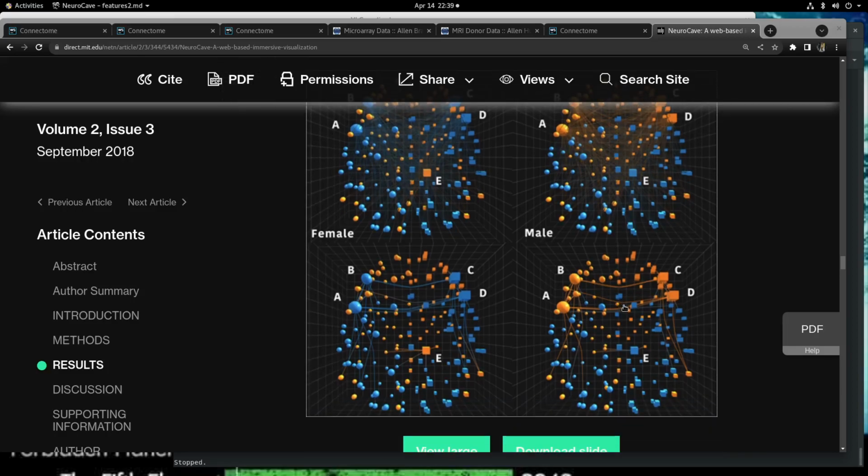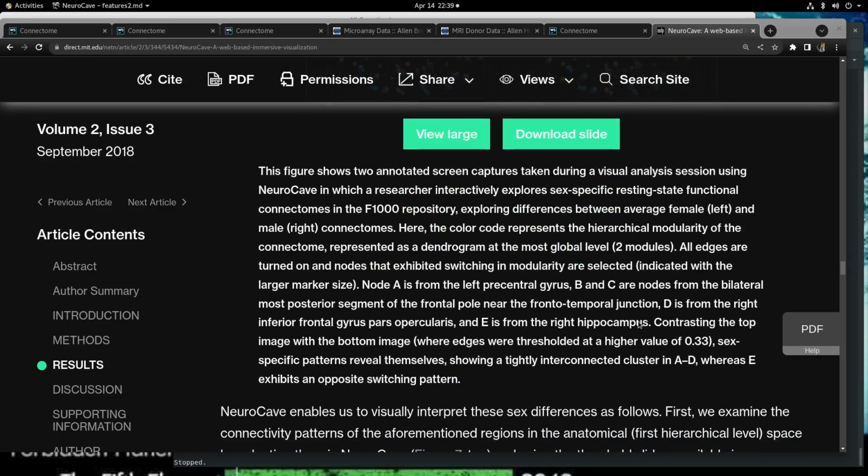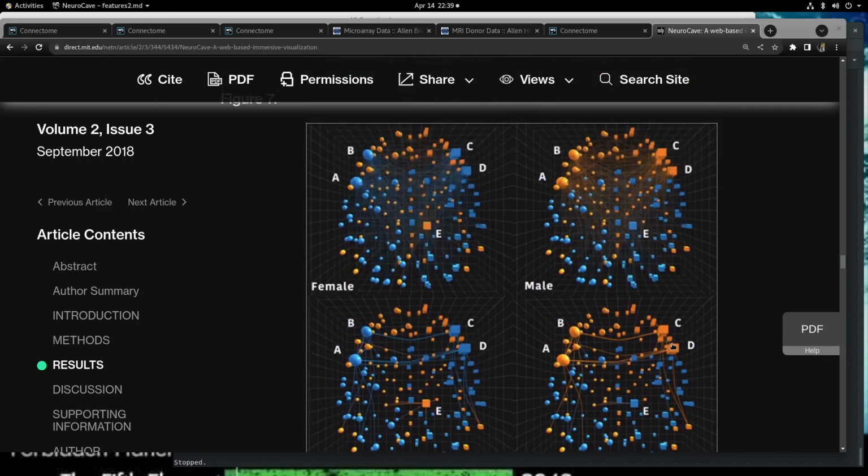This figure shows two annotated screen captures taken during a visual analysis session using NeuroCave in which a researcher interactively explores sex-specific resting state functional connectomes in the F1000 repository, exploring differences between average female (left) and male (right) connectomes. Here, the color code represents the hierarchical modularity of the connectome, represented as a dendrogram at the most global level, 2 modules. All edges are turned on and nodes that exhibited switching in modularity are selected, indicated with the larger